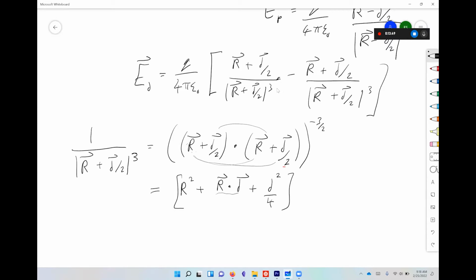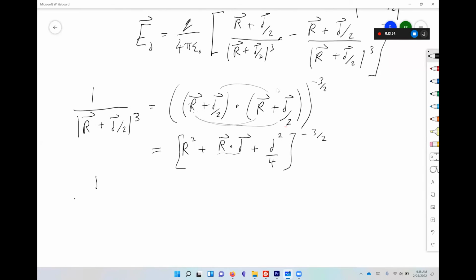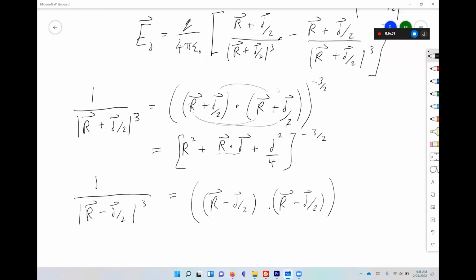Okay. -3 over 2. And then what about the other term? 1 over R minus D over 2 cubed. I can write this as R minus D over 2 dot R minus D over 2, again, same thing, -3 over 2. This becomes R squared minus R dot D. Again, I want to keep this term plus D squared over 4